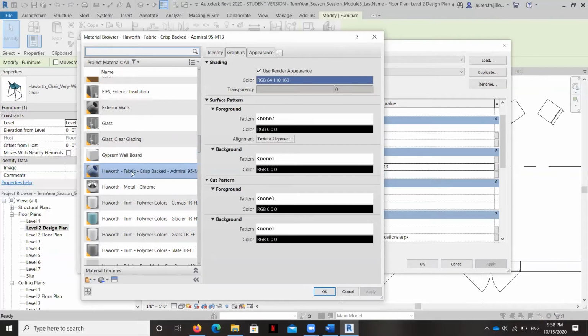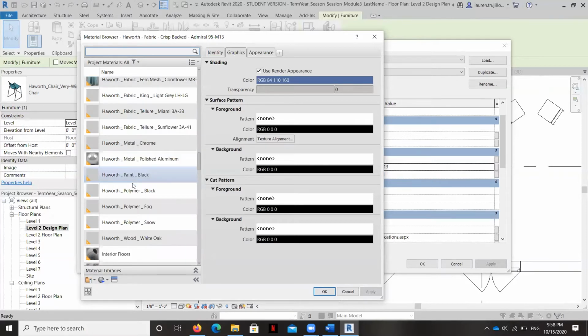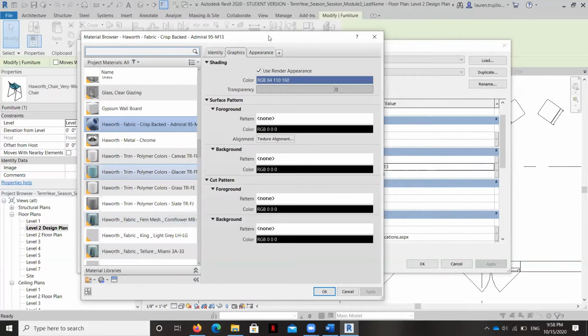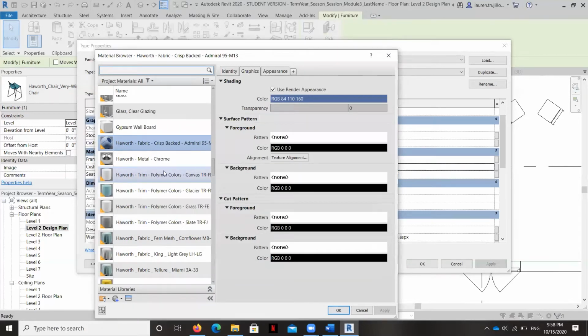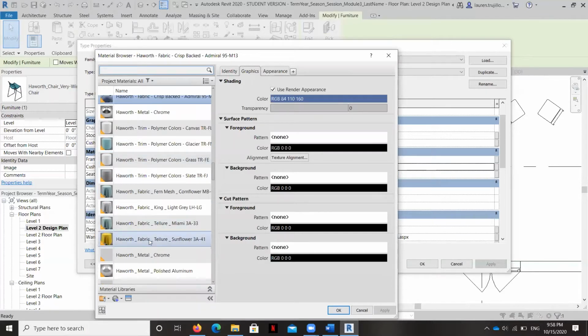But since we downloaded these Hayworth families, now we have some of their finishes as well. So I can change this from, let's say, this Admiral color to a different fabric. Right now, there's just a couple here. Let's change it to Sunflower.